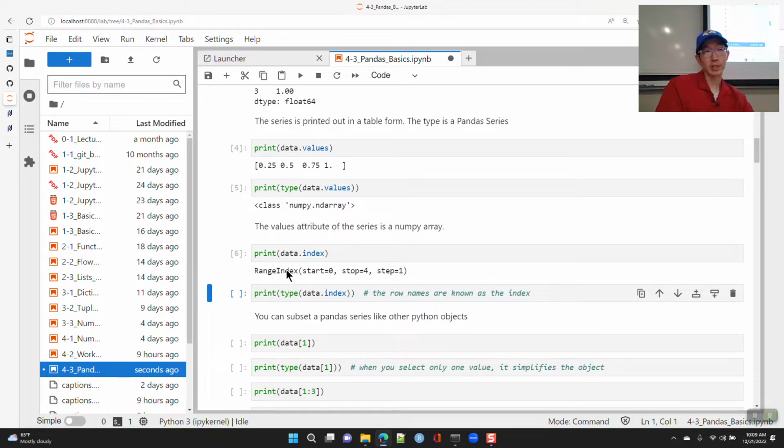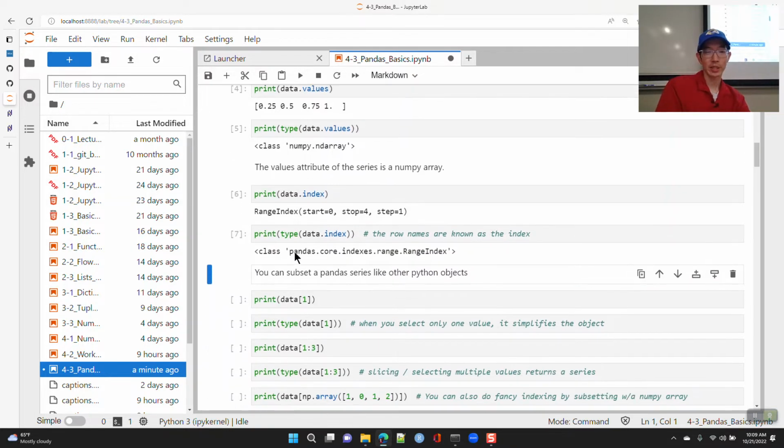and the default index that it produces is basically a range object, except there are a few things that distinguish it, in that it's, I guess, specifically an index type object. And so when you ask what it is, it's a range index, and the type on this is a pandas index, and there are a few different types of indexes. This one's the range index, which is the default. It starts at 0, counts by whole numbers, integers, up to the length.